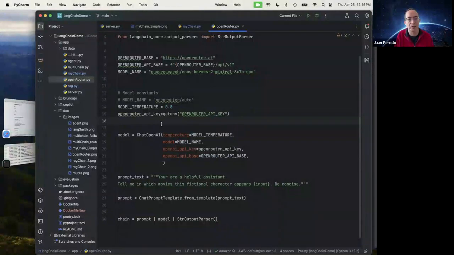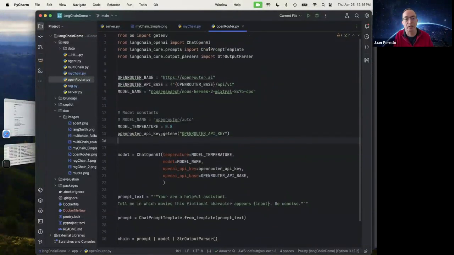And all I'm going to do, because OpenRouter is using an OpenAI interface or API, I'm going to keep using the ChatOpenAI, but instead of just giving the temperature and the model name, I'm also going to give it the URL of where that particular OpenRouter API is located, right? And by doing that, now I can interact with Mixtral 8x7B. And it will run exactly like we just saw. Very cool.